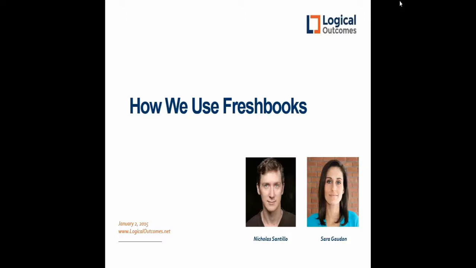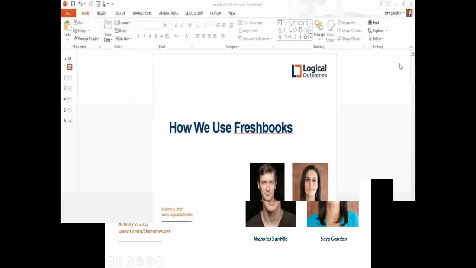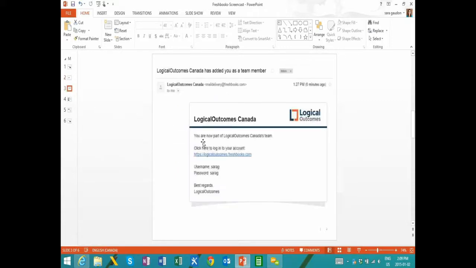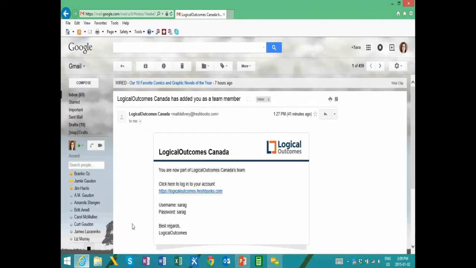So to get started on FreshBooks, first you will receive an email invitation from your administrator. The email invitation, and excuse my slideshow here, will look something like this. It'll have Logical Outcomes branding on it, and it'll give you a URL. So you're going to want to click that link,